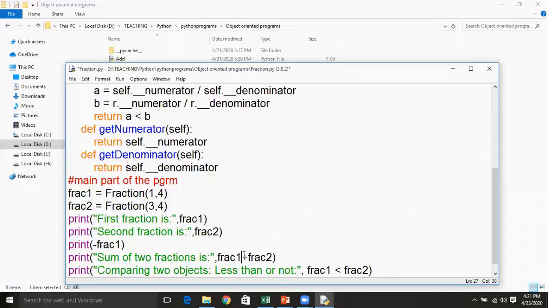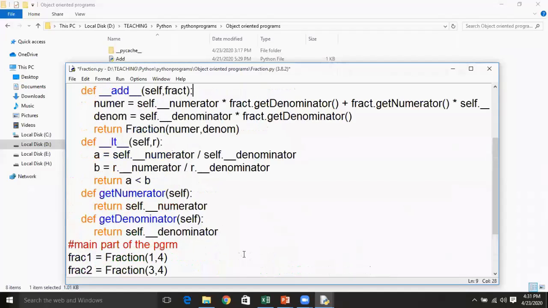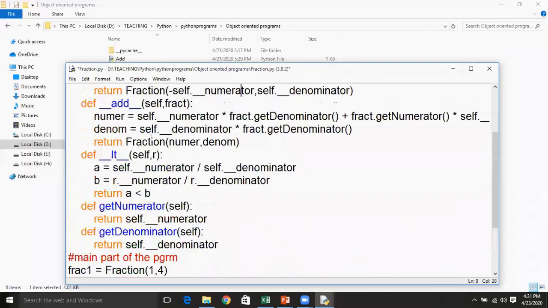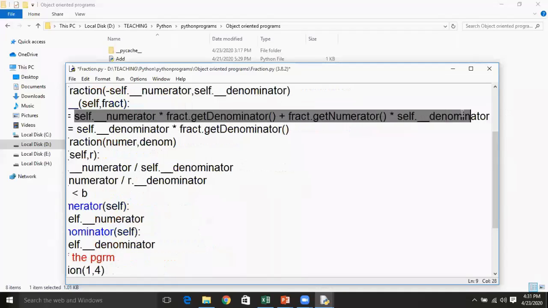When this is performed, a special method in the fraction class is called. That special method is __add__, where you need to perform some arithmetic operation in order to get the fraction values for both numerator and denominator.